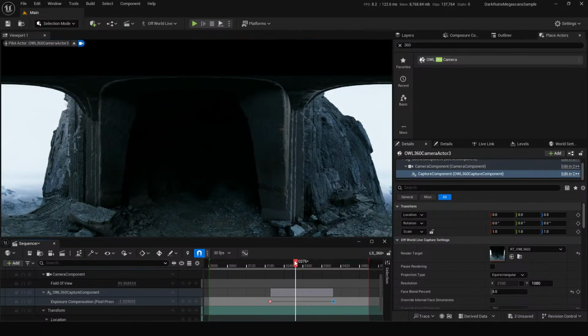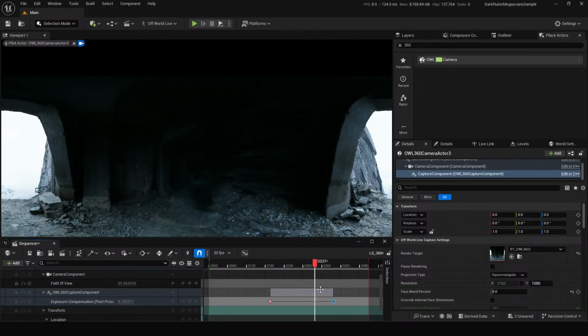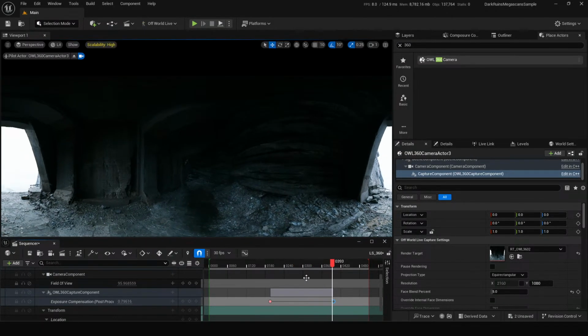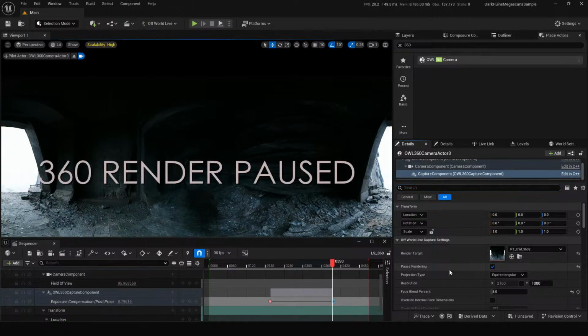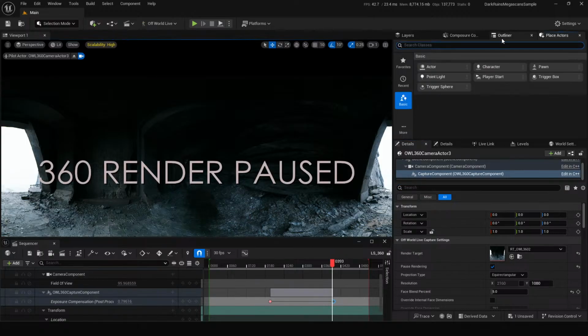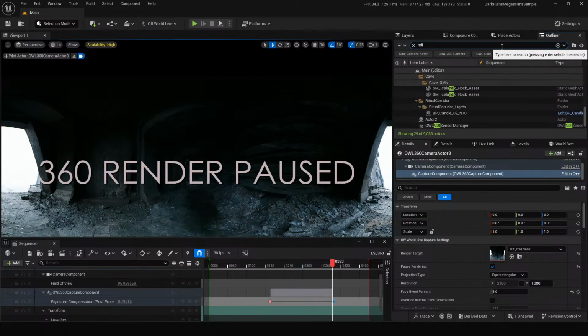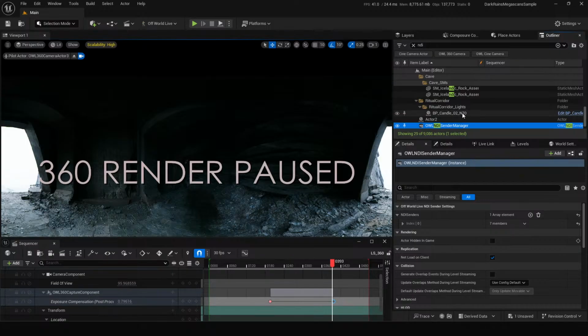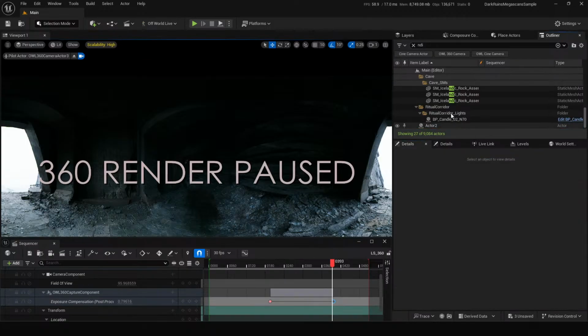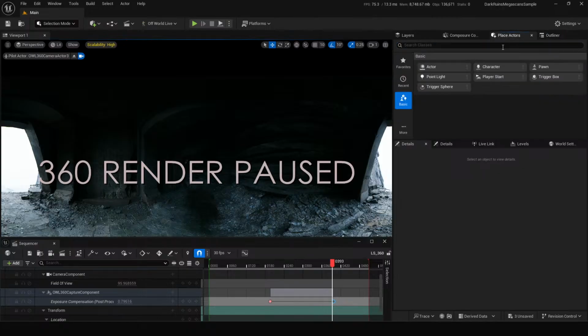We have no idea how this is going to look in the headset. So what's great to demonstrate is that we can preview this in pretty much real time in the headset using our NDI output. I've got one in the scene here, but I'll just delete it to show you again. Cool, so